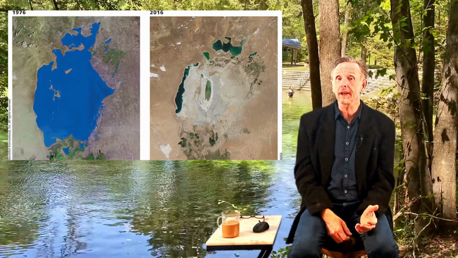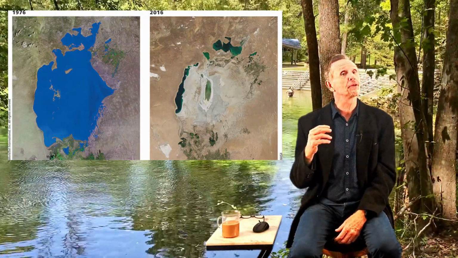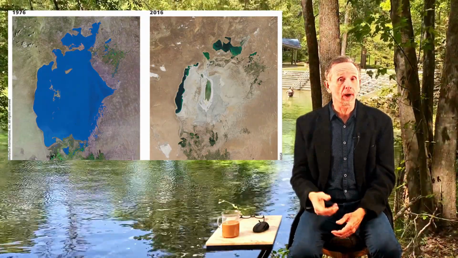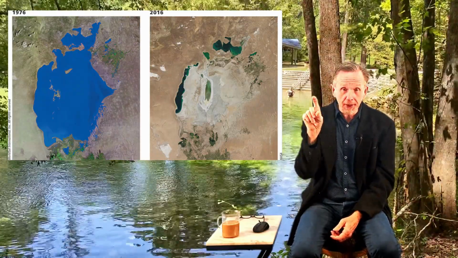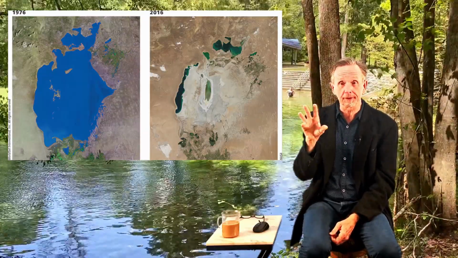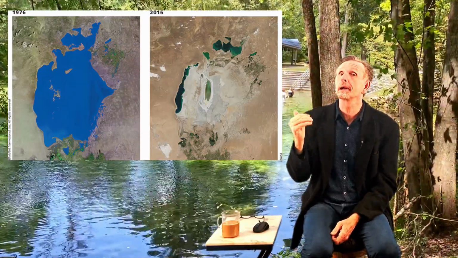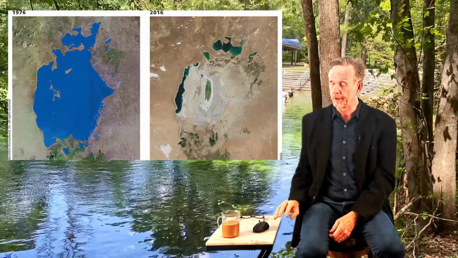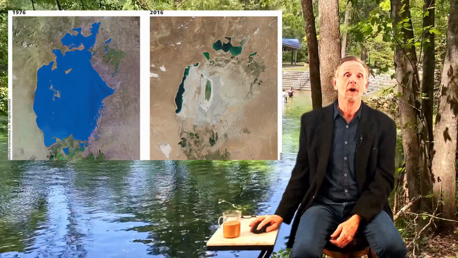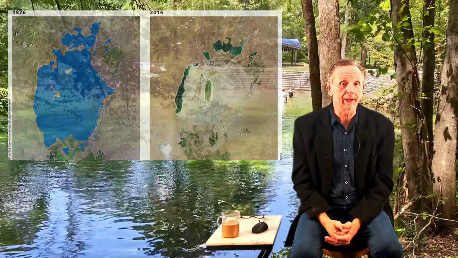1976 on the left, down to 2016 on the right. That whole area. Now it's the North Sea, so a little tiny one up at the top. So you can see in 2016 it's still there because they put a dam on it to kind of protect the North Sea. But the South Sea has all but actually dried up.